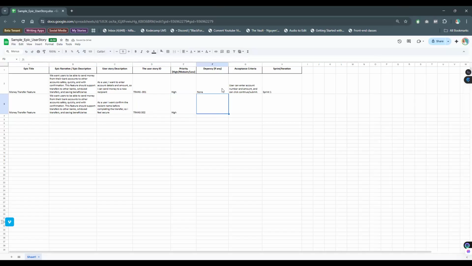Now, dependencies, there are none as well here because it's not dependent on anybody, right? Now, the acceptance criteria for this as well is that user can enter account number and